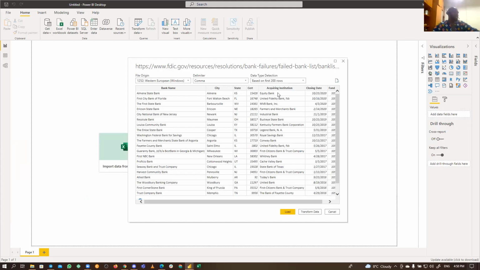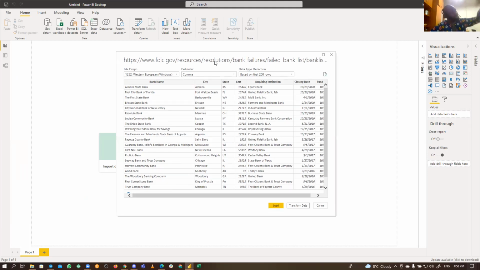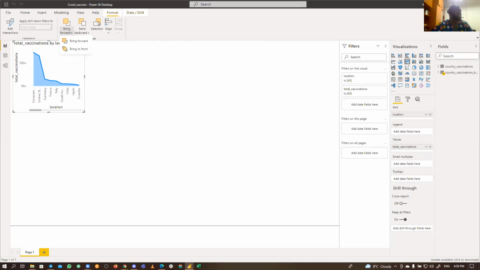Just for this data, I've shown you 3 ways you can bring in this data. All right. Now, any data source that you use, you are likely to come to this next phase, which is the query editor. What you see on the screen is the query editor. This is like the pre-query editor, let me put it that way, because it is not the main query editor. What this does is give you the option of either loading the data straight up or transforming the data. That's what I mentioned earlier, one of the things that makes it different from Excel, talking about data modeling and all of that.